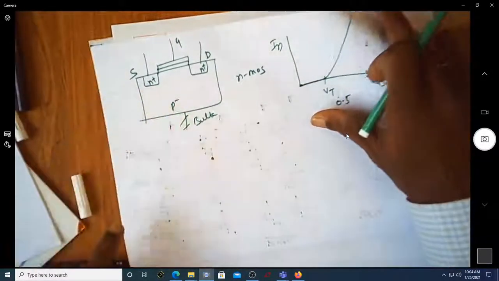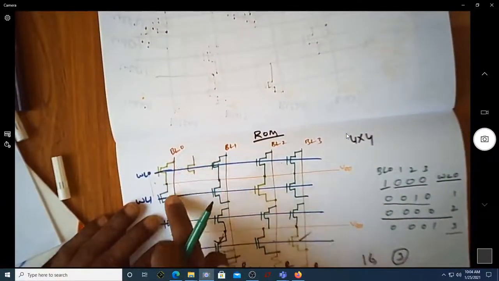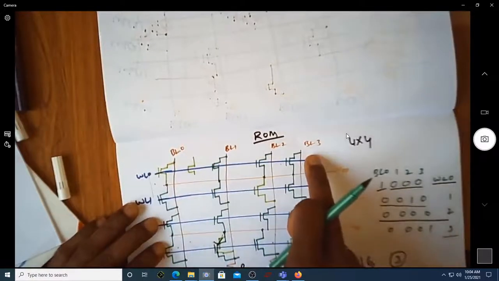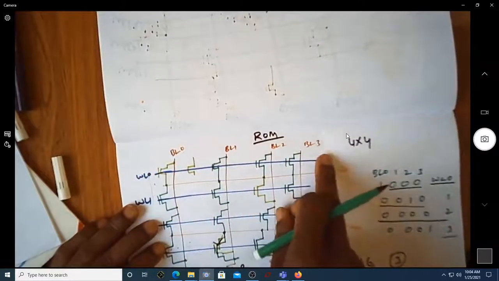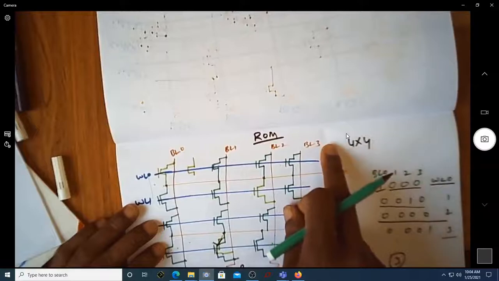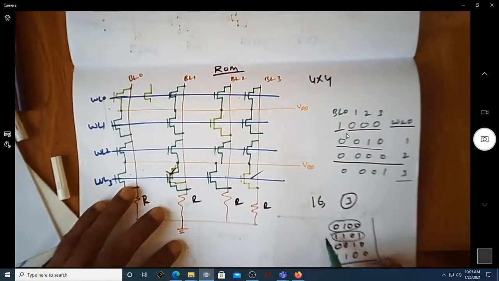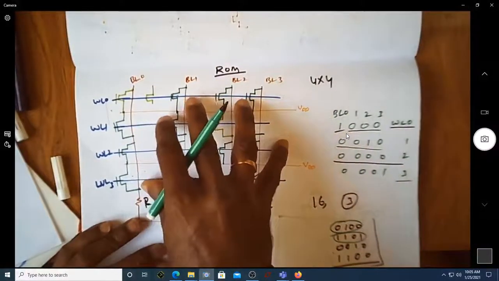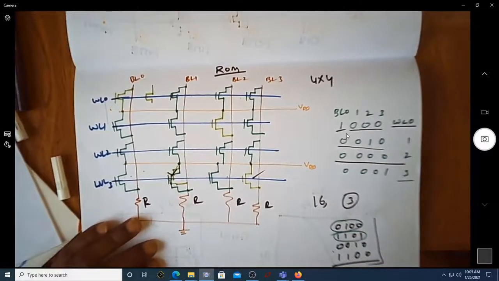When the transistor conducts, it is as though VDD is connected to the bit line. But if you have all the transistors like this and you make this word line equal to 1, then all the transistors will conduct and you're going to have all the bit lines as 111, which is not desired. So assume that I want to store something like this. Again, all 16 transistors are being fabricated in the first go itself.